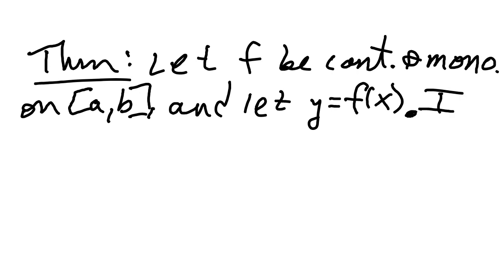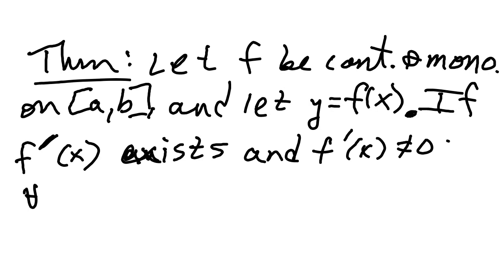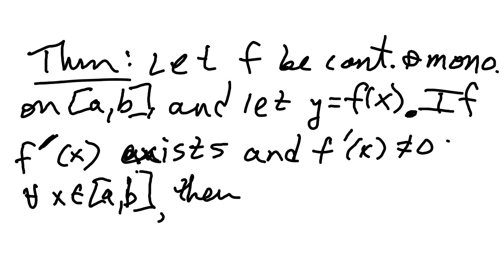But anyway, now we're going to say if f prime, not f inverse, if f prime at x exists and not equal to 0, so excuse me, exists, and f prime at x does not equal 0 for all x in the interval, for all x's in that closed interval a to b. So the derivative is not 0 ever. Then what do we have? Then the derivative of the inverse function